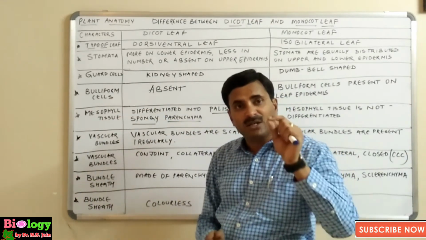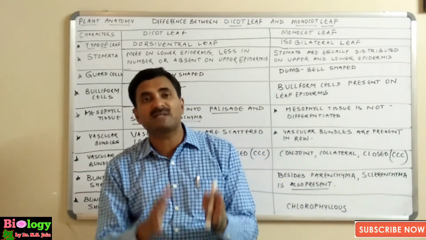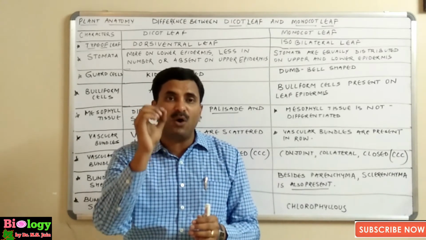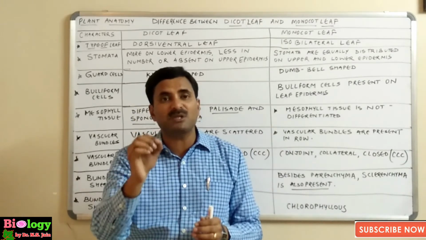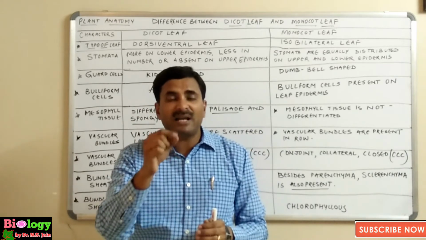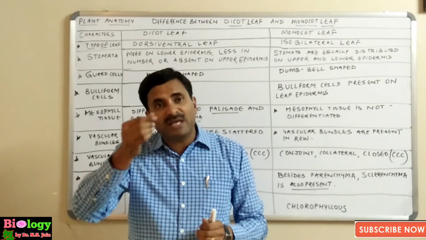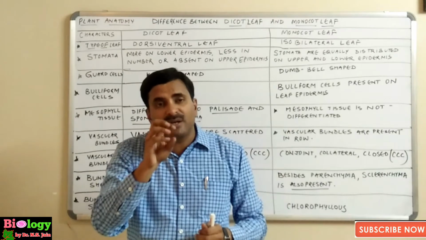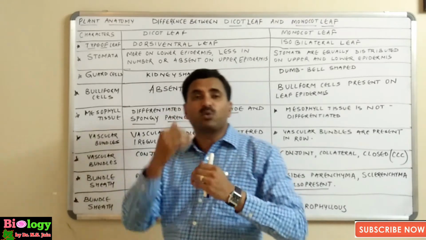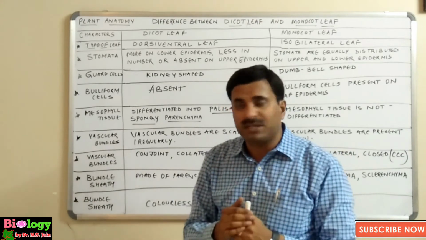Let me talk about the bulliform cells. These bulliform cells are also known as the motor cells, and these bulliform cells are found in the epidermis of the grasses, or we can say in the epidermis of the monocot plants. And these bulliform cells or the motor cells are actually related with turgidity. They are related with turgidity, right? And they have the tendency to gain water and the tendency to lose water. We can say that they are important for the rolling and the unrolling of the leaves, or we can say the opening or the closing of the leaves.